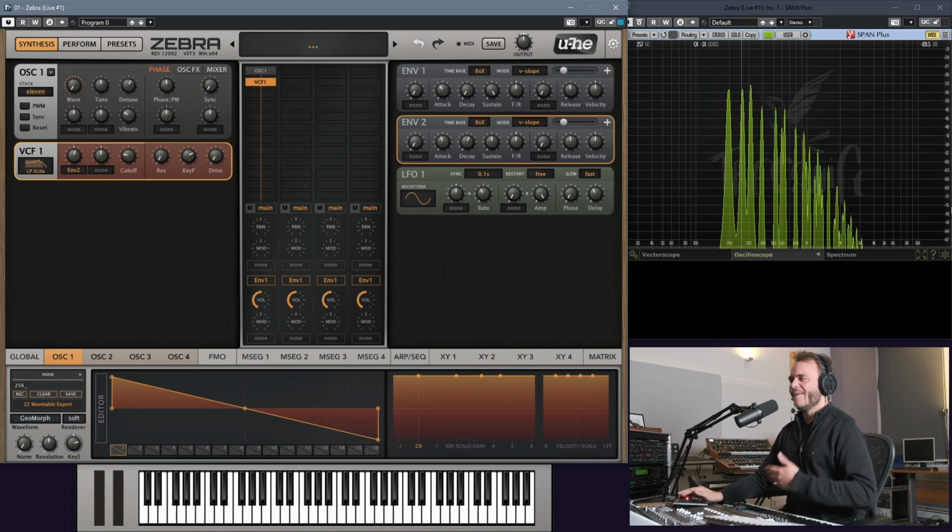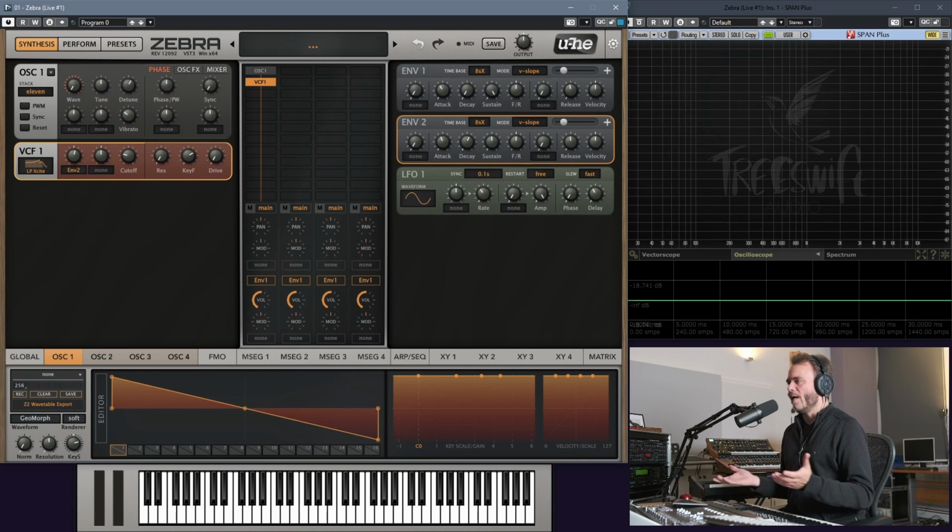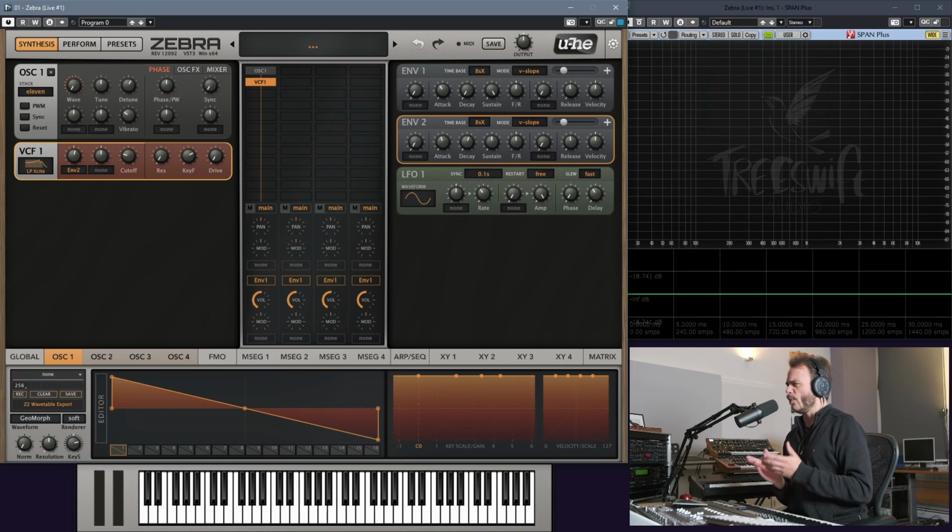And this is also a good spot to start thinking about what we're doing with velocity. So far, we haven't done anything with it in our patch, and pretty much the only spot where it would have made any sense is if we had used it to scale our amplifier envelope, which of course would have made softer velocities cause an overall lower output level, which might sound intuitively right, but in my experience, rarely sounds